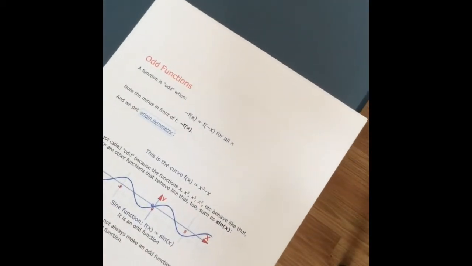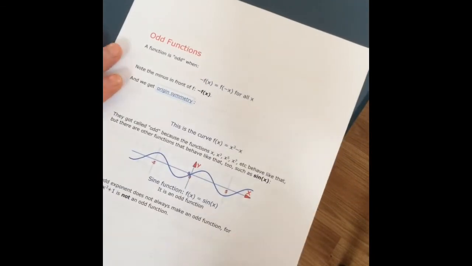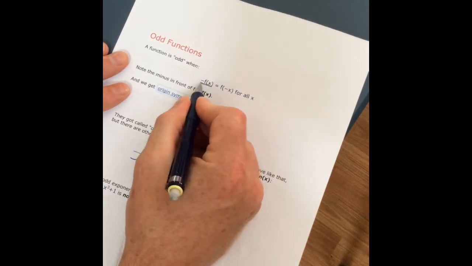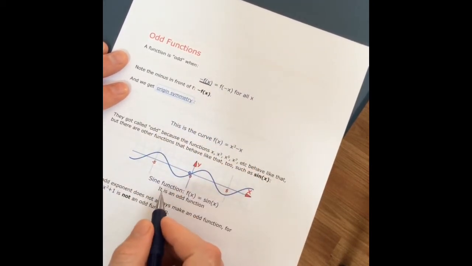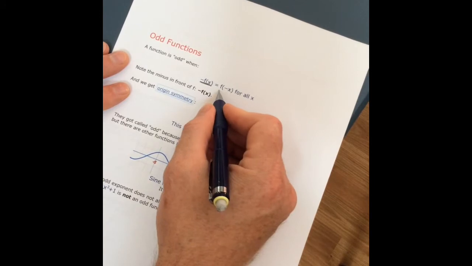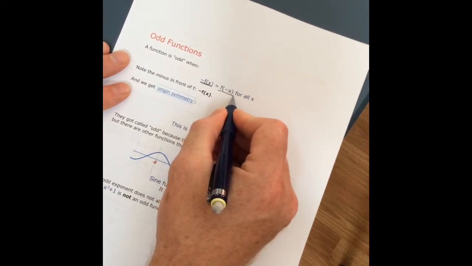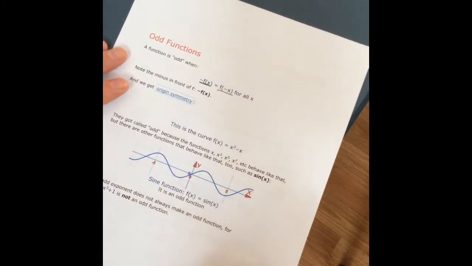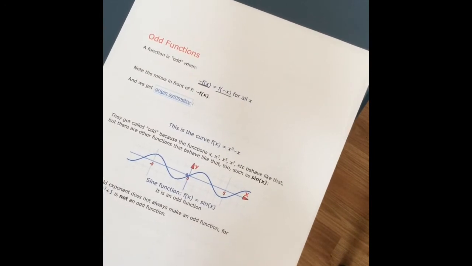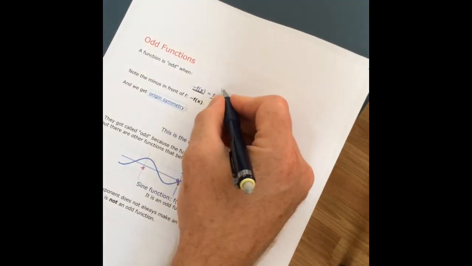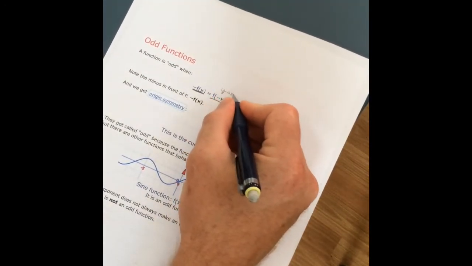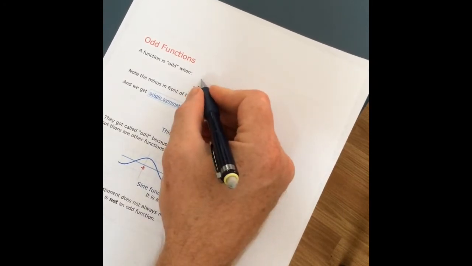Now, enough with even functions. Odd functions. Let's start with that notation. It is odd when the opposite of the output is equal to the output when I plug in the opposite of the input for all values of x. Well, in general, this is a reflection over the y-axis, and this is a reflection of the final number over the